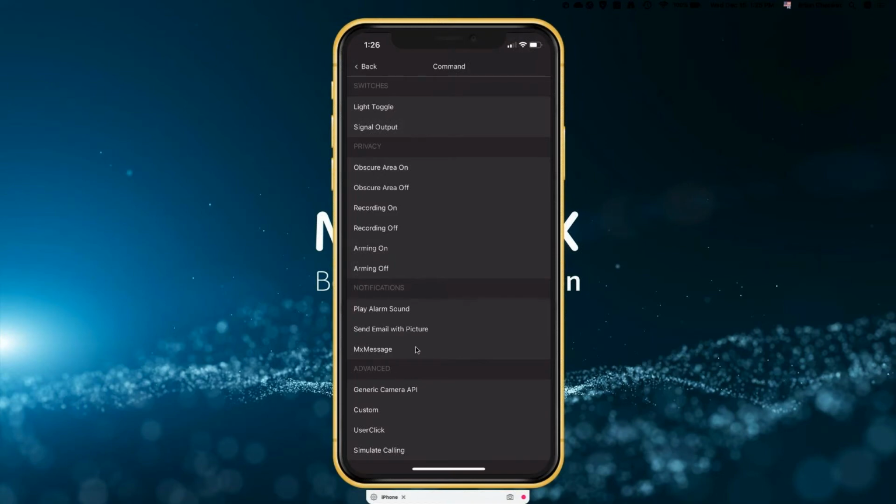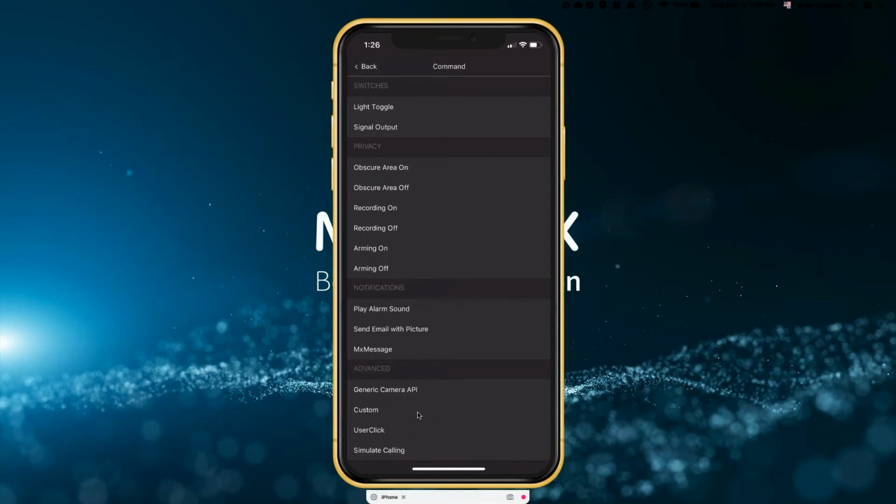Or utilize the mixed message to another camera or another system where there's integration. Okay, and then some advanced application programming interface type stuff, custom user click, simulate calling.